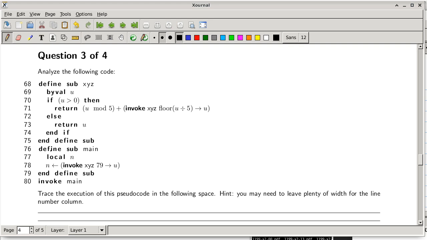20, no, 15 and something? 15 point something, right? Because 20 will make it 80, so it's 15.8. So 15.8 is what is inside the floor function, and the floor is going to take 15 point something to just 15. Okay. So when we call xyz recursively, we're passing 15 to the new parameter u, and that